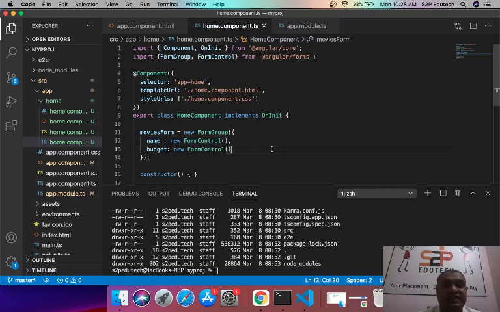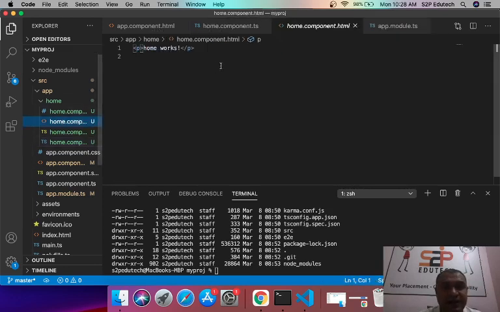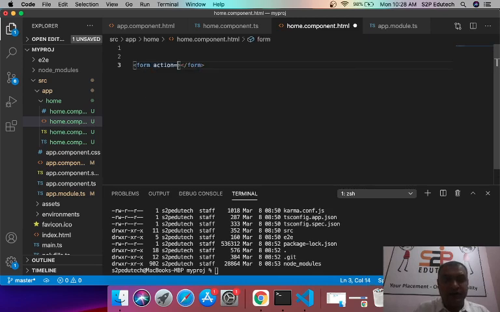Now the next thing which I would do is, in my HTML file, I would create a form. So I say a simple form tag.